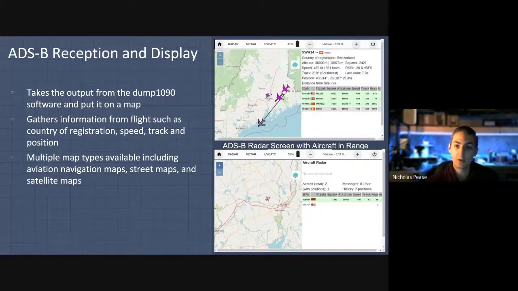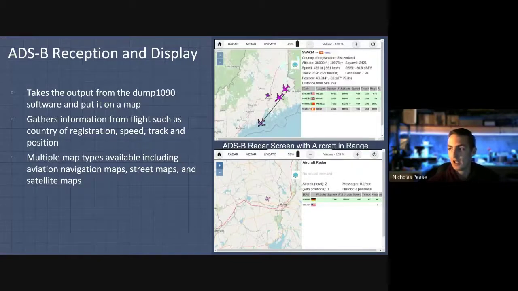It takes the output of a program that runs on the device and puts that on a map. As you can see in this top photo here, 4 aircraft flying over the state of Maine. The range is roughly 100 miles, depending on where you are. Obviously, higher elevations have a longer range, but it's generally around 100 miles, so long as you aren't sitting inside